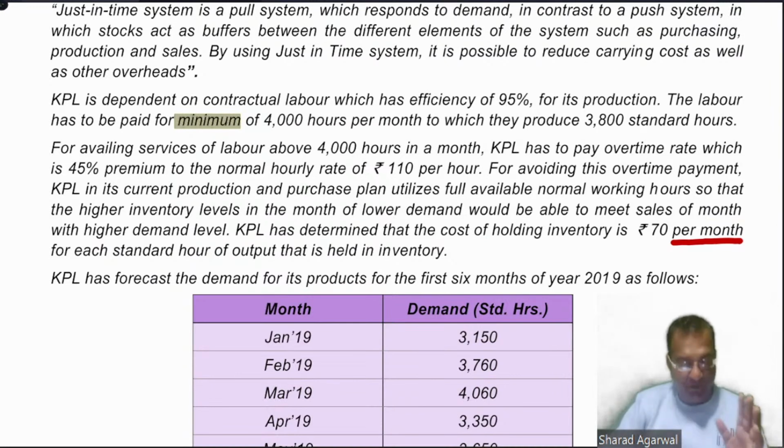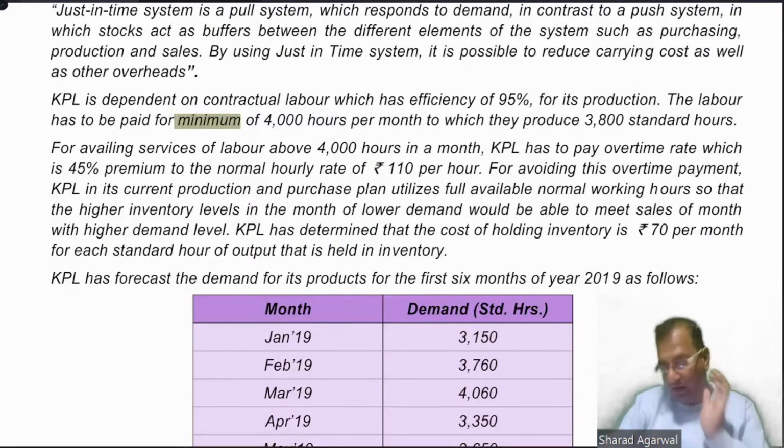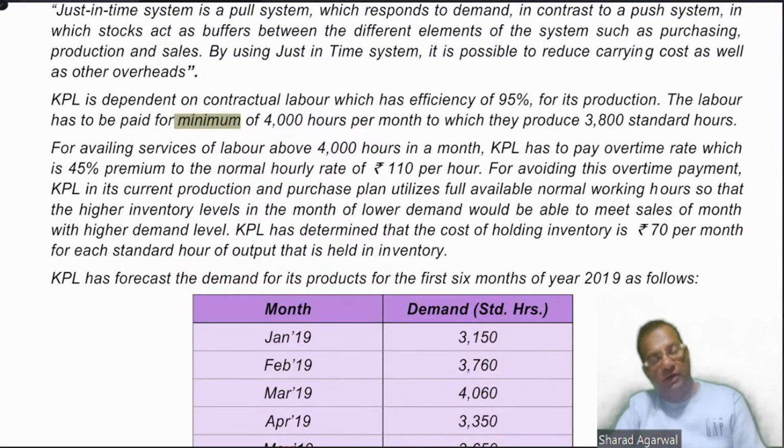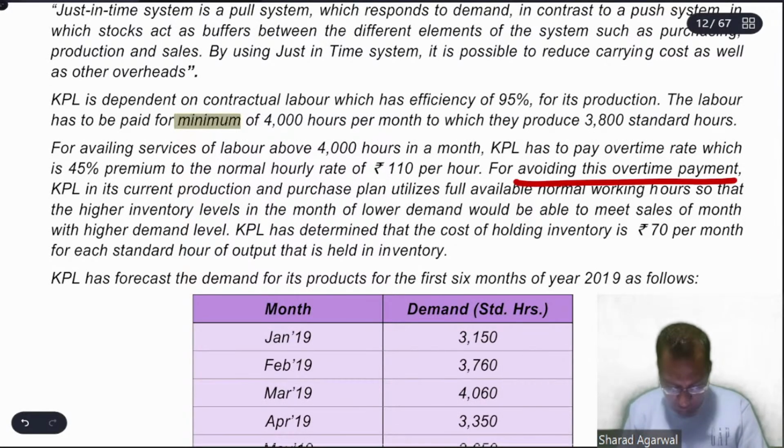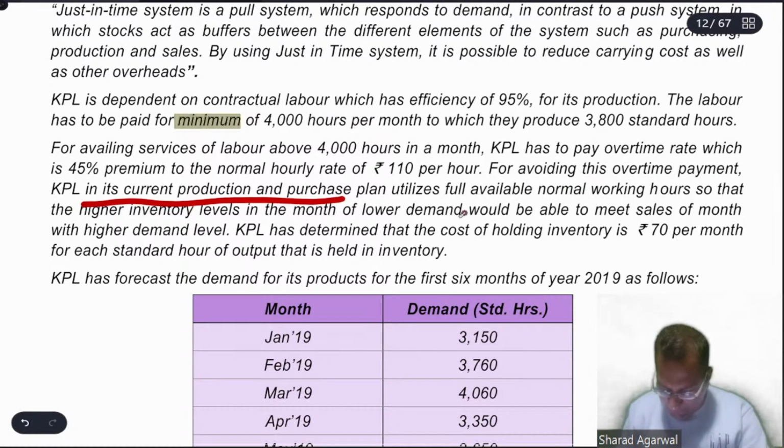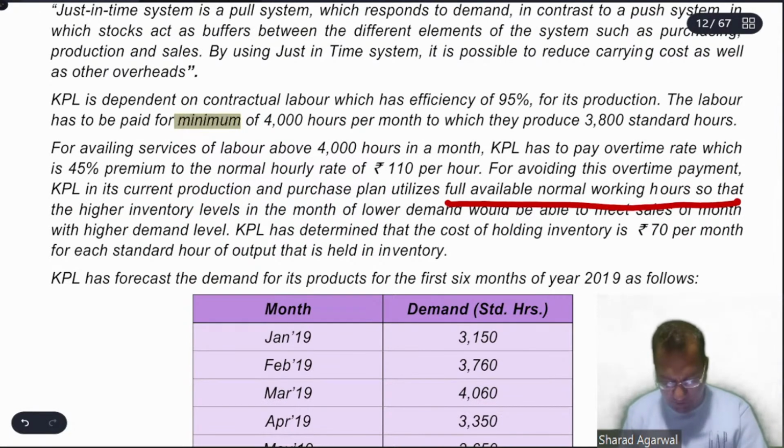So in this para, overtime working is possible above 4,000 hours. The normal rate is 110, while the extra payment you have to make over and above the 110 is 45%. So the company, to avoid this overtime payment, has planned that they will utilize full normal available hours so that